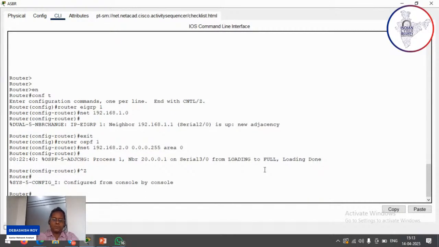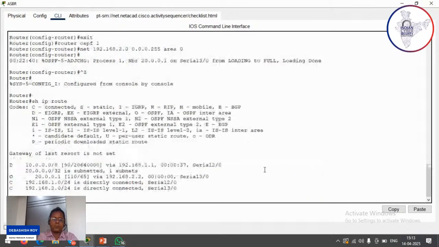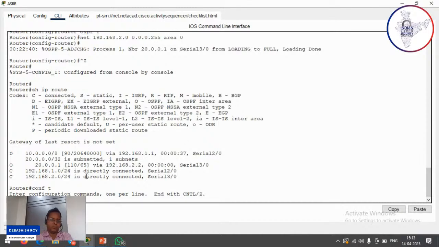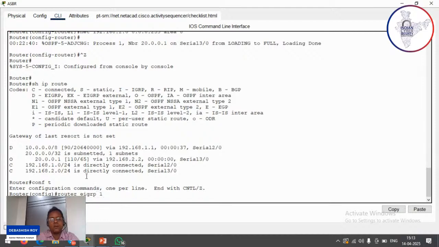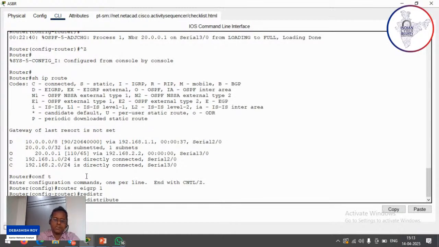Now if you go to this ASBR and see show ip route, it will show you the D for the EIGRP and also the OSPF route. Now I can do the mutual redistribution here. You go to this ASBR, or autonomous system boundary router, that is connecting two different routing protocols, OSPF and EIGRP in this case. First go to router eigrp 1, that is the AS number, and you inject the OSPF routes into the EIGRP system. You give redistribute ospf, and the process ID is 1,